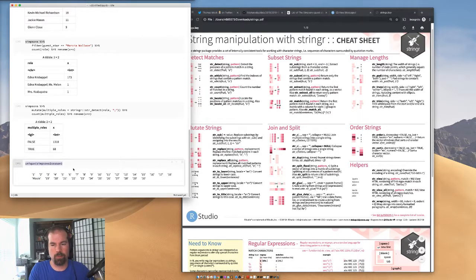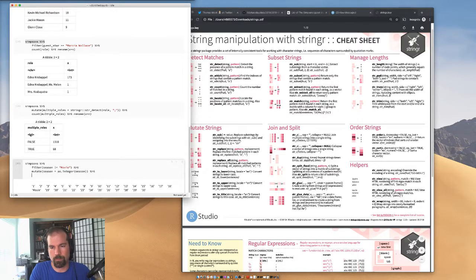Okay, so what we'll do is we'll remove the movie. Filter, this is another one of the verbs. We're going to remove everything where the season equals movie. And then the next thing we want to do is mutate and make season as integer season. And then we're going to group by guest star. And what that does is anything we do after the group, until we ungroup, happens